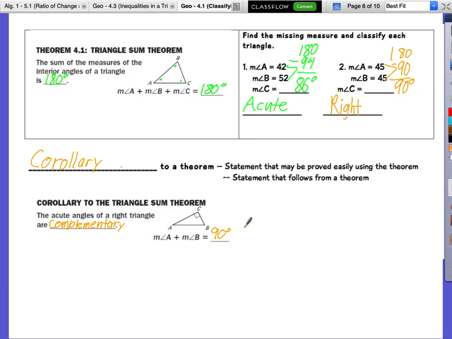If one angle is 90 in a right triangle all the time, and all three angles add up to 180, well, what do the others have to add up to? 90. Okay? Let's talk through that real quick again. So if the whole thing adds up to 180, and it's a right triangle, so we take away 90 right off the bat, there are 90 degrees left for the other two to add up to. So they have to add up to 90. There's no other way. Questions on that?